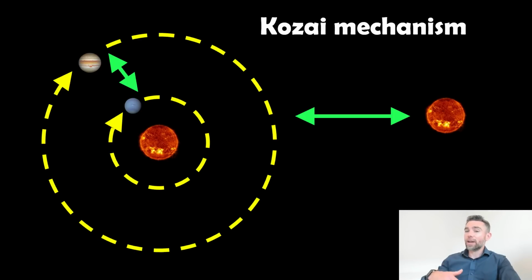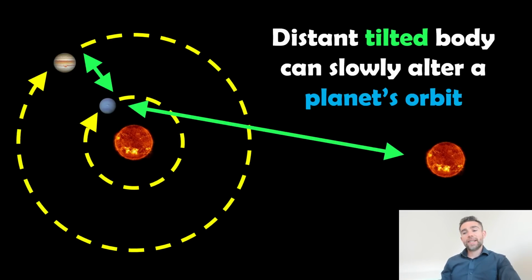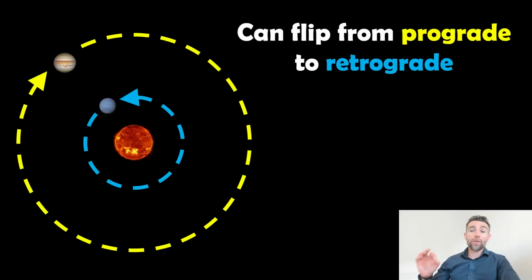And over time, it will slowly alter the orbital parameters of the planet. It can make it more inclined, it can make it more elliptical. So that distant object, that star, will slowly alter the planet's orbit. And actually, it can, in time, flip it from a prograde to a retrograde orbit,